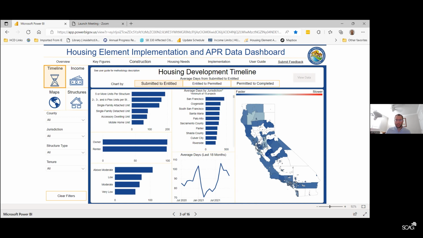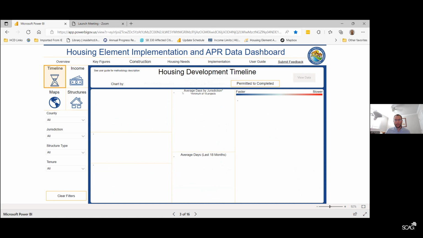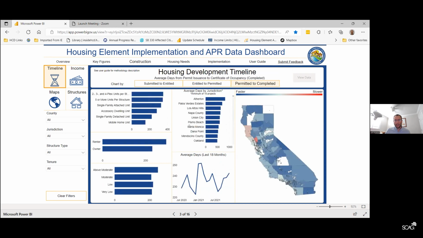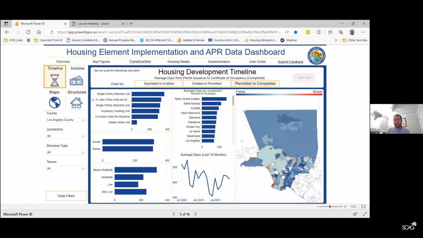So we do have some jurisdictions spotlighted here too, the jurisdictions that take longer. They're at the top of the chart here, and I can go to the different activities, and it is really interesting to play around with this, and look at the data at the county level. Let's look at LA just for fun, and see where they fit in on the amount of time it takes for permitted to completed. So we see the jurisdictions that are taking longer, the average time frame trending down. This is only over the last 18 months at this point, but